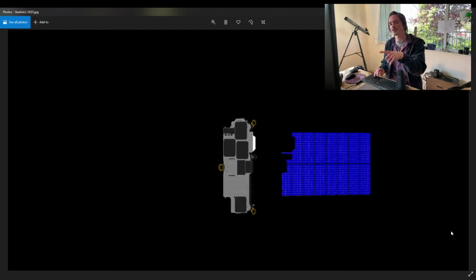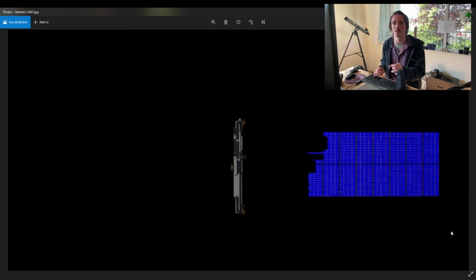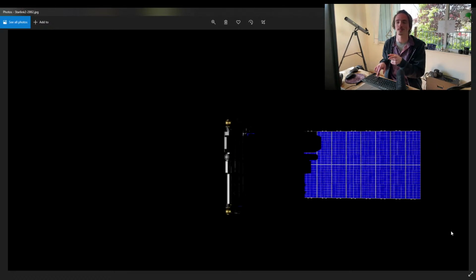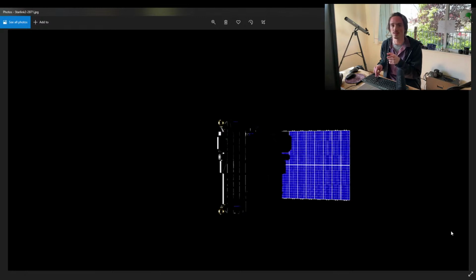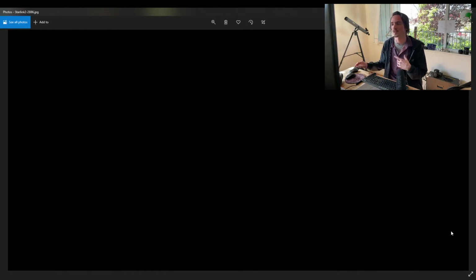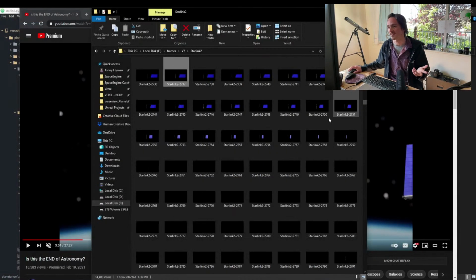But as we fly around, I kept changing the sunlight angle and I kept changing the camera angle. And I did a bunch of these fly-arounds in a very predictable way so that I could know exactly what the camera angle was at any one of these frames and exactly what the sun angle was at any of these frames, okay? Why do I need to do that? Well, that leads us to,